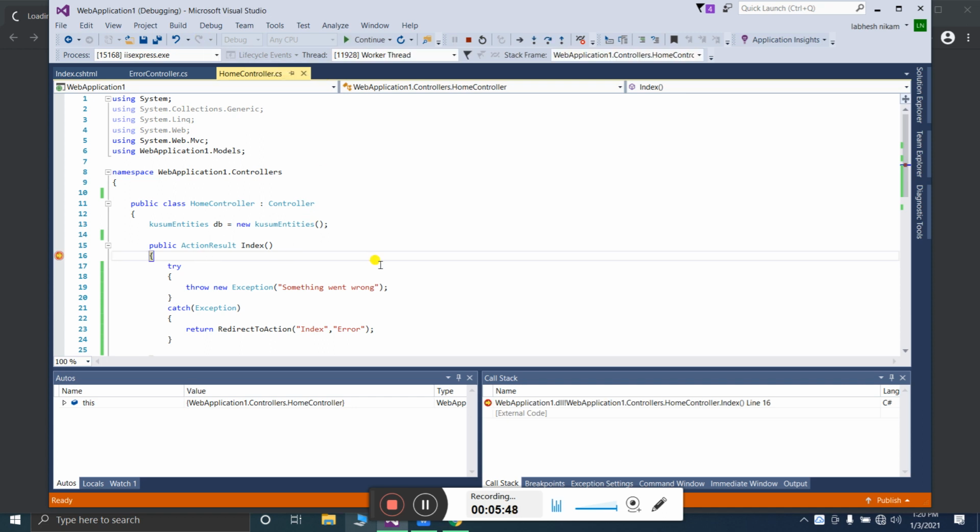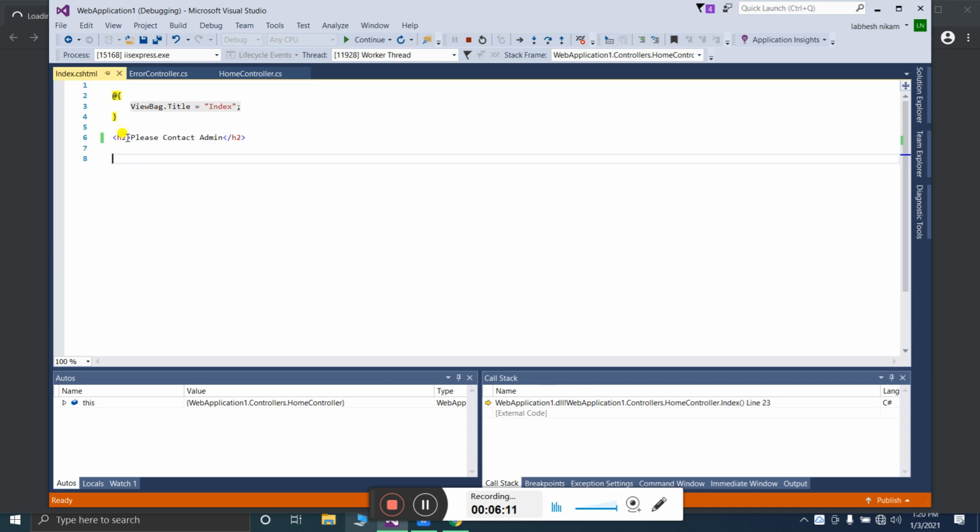This try and catch block will get the exception here. Because of the error it will go to the catch and get the exception, and display the index page of the error controller, and whatever I have written there, please contact admin, will be displayed.